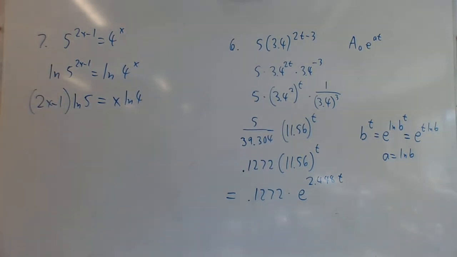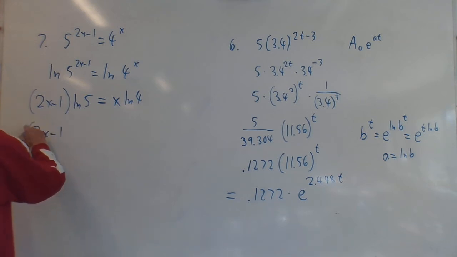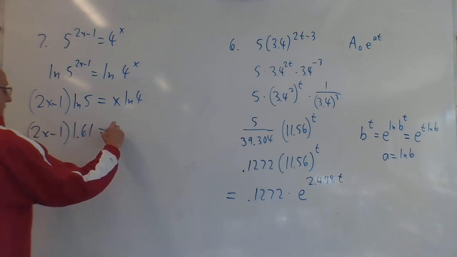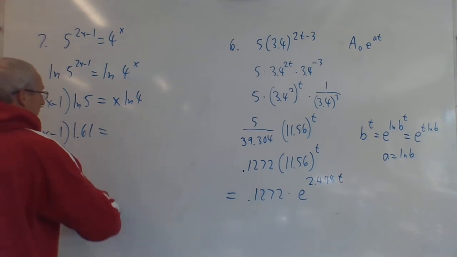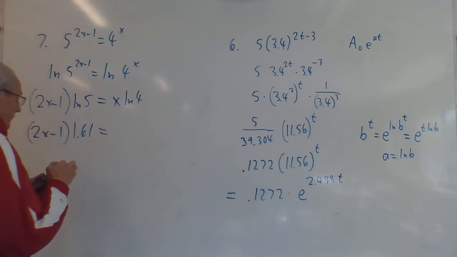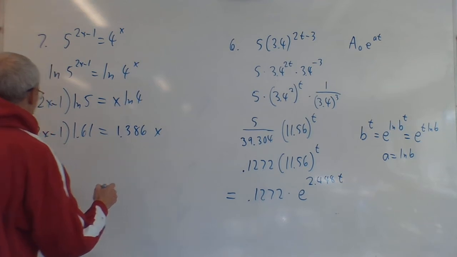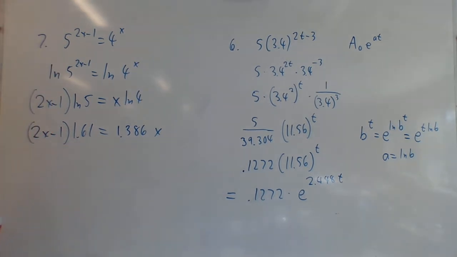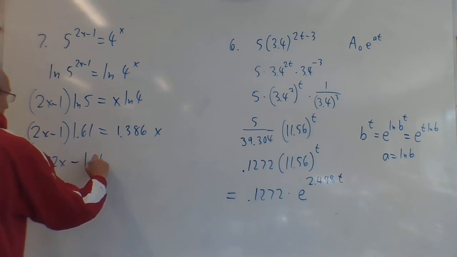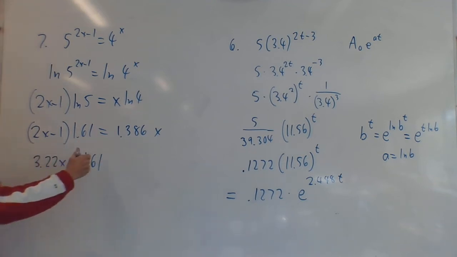And then you have to wonder how many decimals you should keep and everything else. Here's my calculator. So what's ln of 5? 1.609, let's say 1.61. So (2x minus 1) times 1.61 equals x times ln of 4, which is 1.386 times x. 1.61 times 2 is 3.22x minus 1.61, right? Yep, that's right. Equals